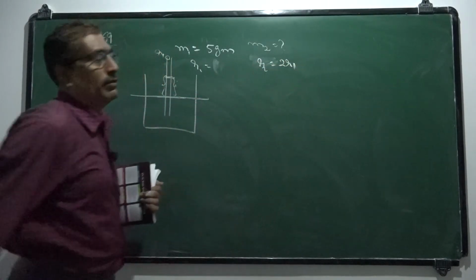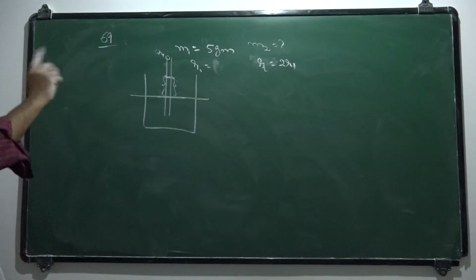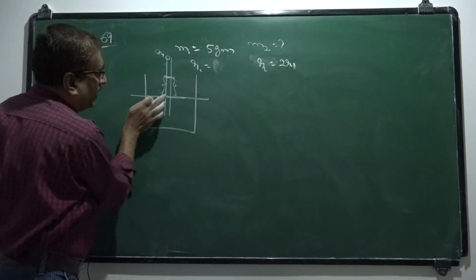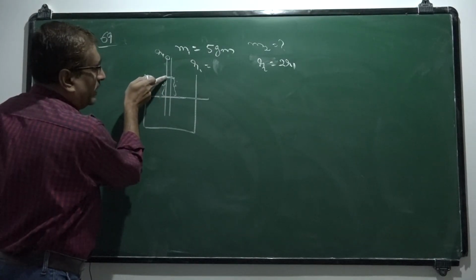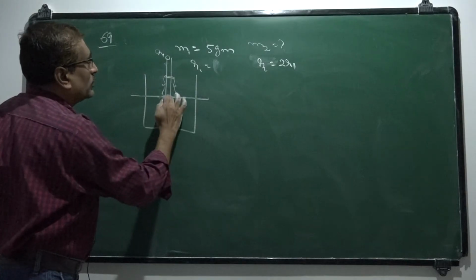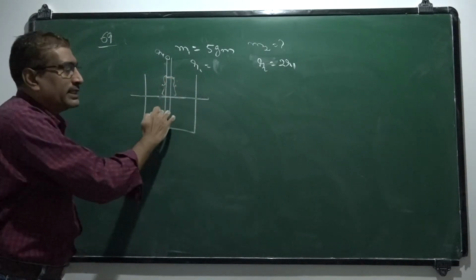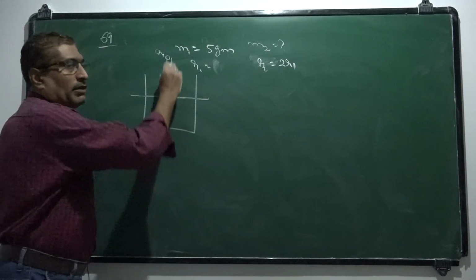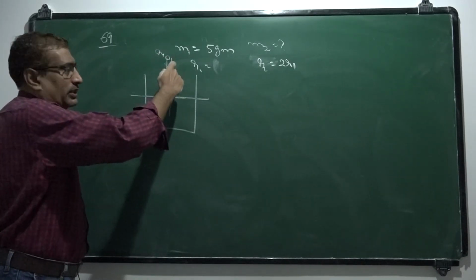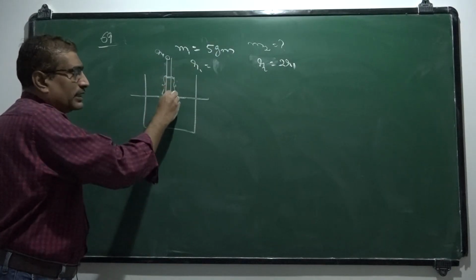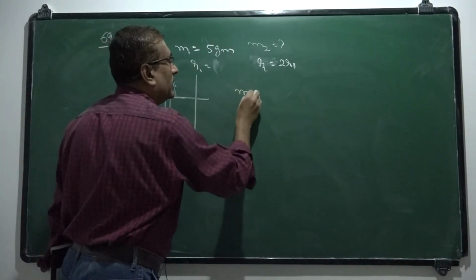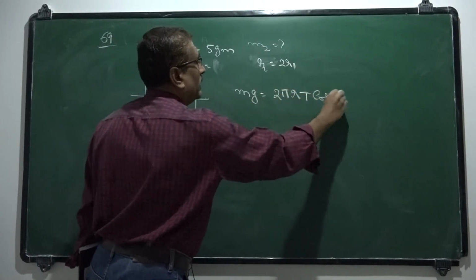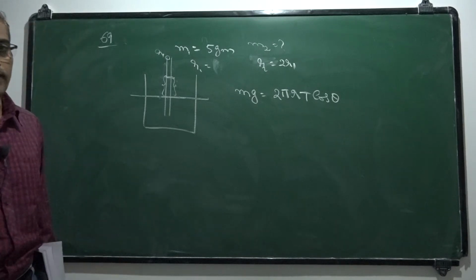What is the problem? Okay, how can we solve this? Actually, when a capillary tube is dipped in a liquid, the liquid rises up to a level for which the force due to the surface tension is balanced by the weight of the liquid column downwards. That means it rises, so there is some upward force, that is force due to surface tension, but the downward force acting on it is weight. So mg is equal to 2 pi R T cos theta. Actually, this is the balancing in equilibrium condition. Okay.